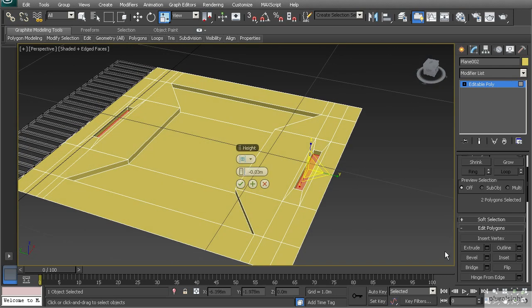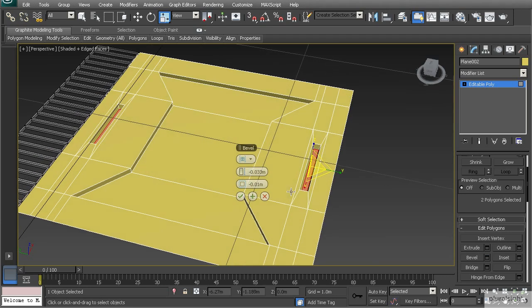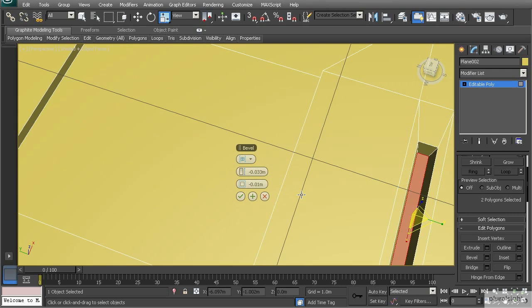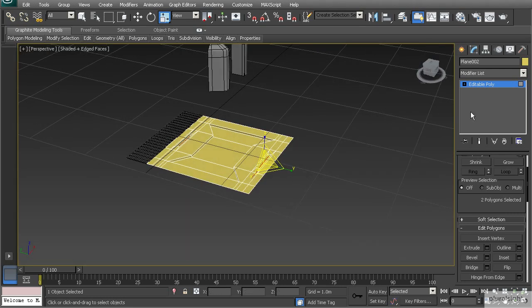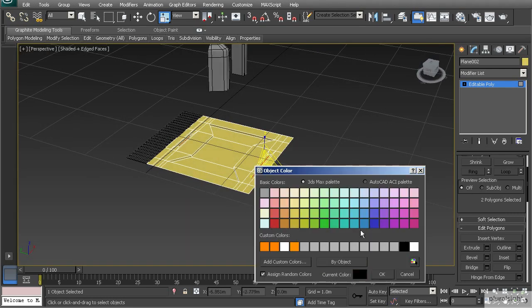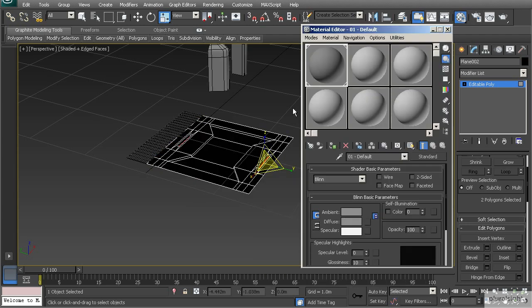Okay, now actually I'm going to cancel that. I'm going to use bevel, so I'm going to extrude that in a negative direction here and give that a little bit of a bevel, so that way I can kind of see down into it. And then we'll hit OK. Let's change this to a black color, give it a gray material,